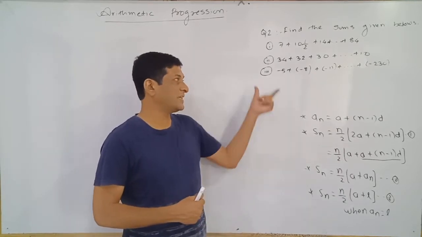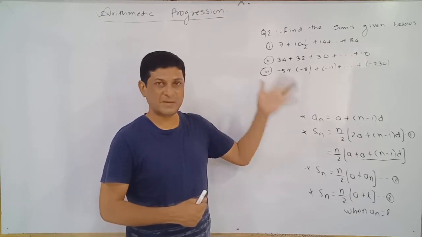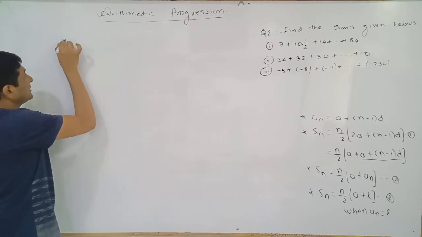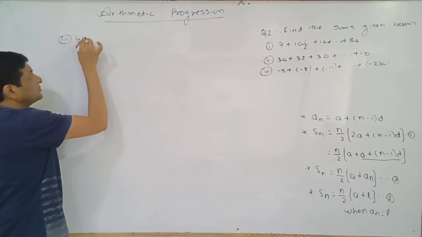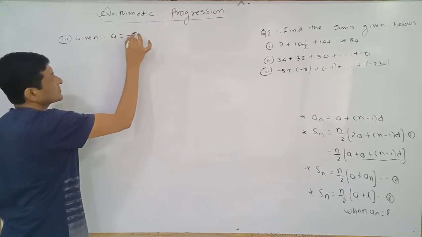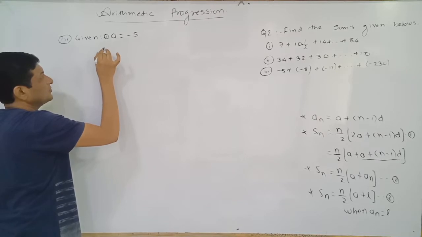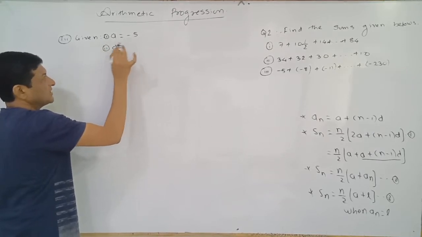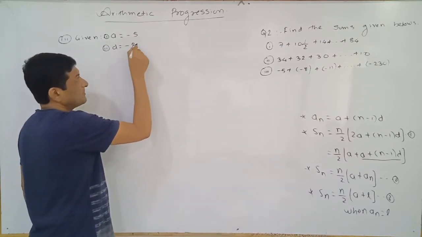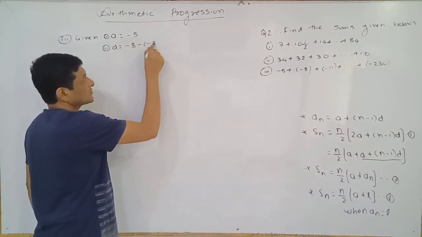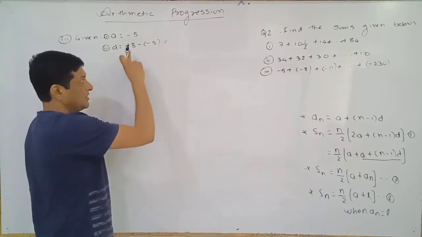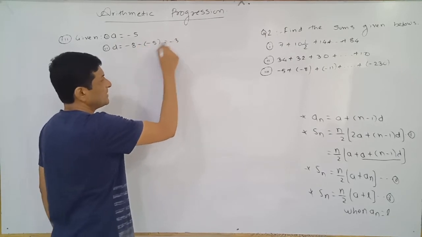Now we are solving example number 3 also using the same method. So in example number 3, observe the given condition. It is given to us that first term in the arithmetic progression, means a, is equals to minus 5. Now we are trying to find out value of d, means difference of any term to its previous term. So we are finding difference of minus 8 with its previous term minus 5. So which is equal to minus 8, and minus into minus will become plus 5. Minus 8 plus 5 will be equals to minus 3.